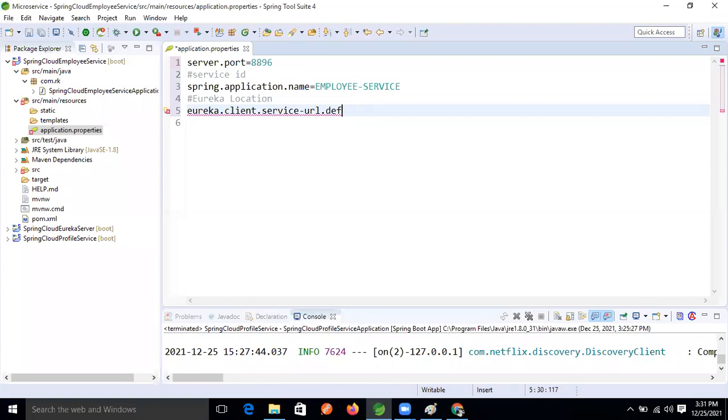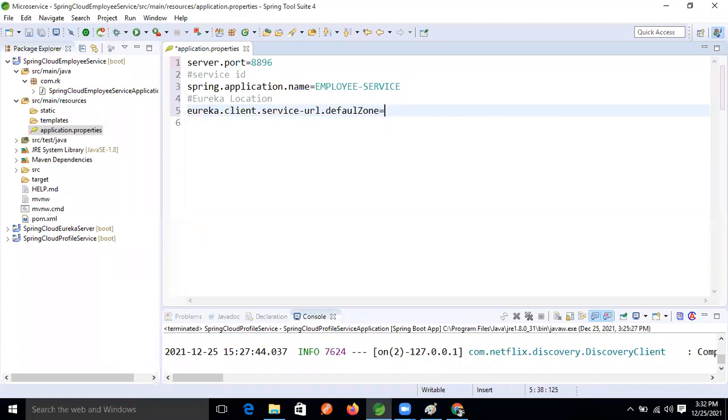Sorry, default zone, not name. Default zone, that's it.